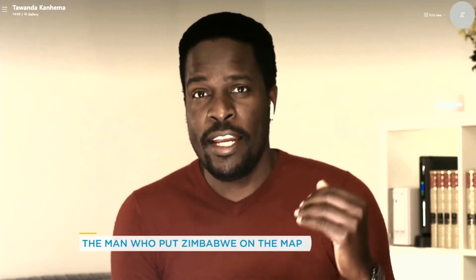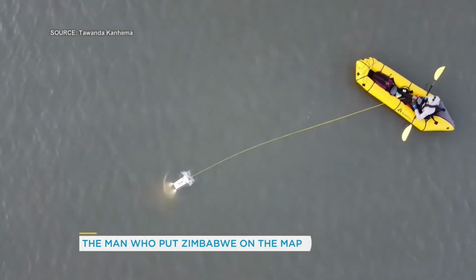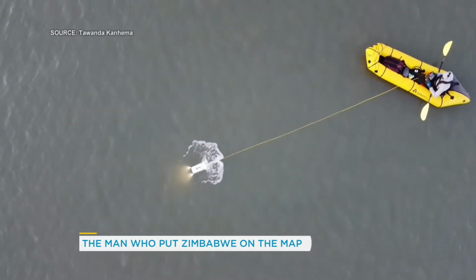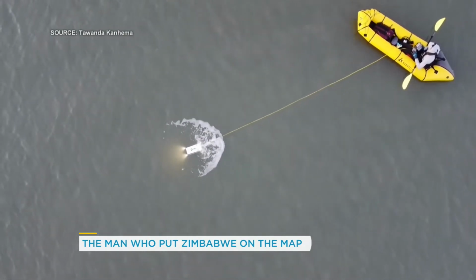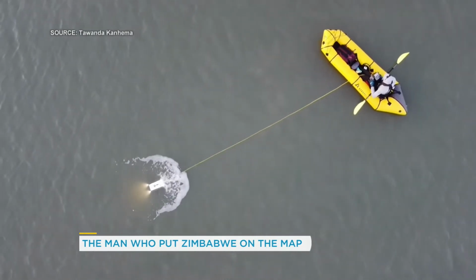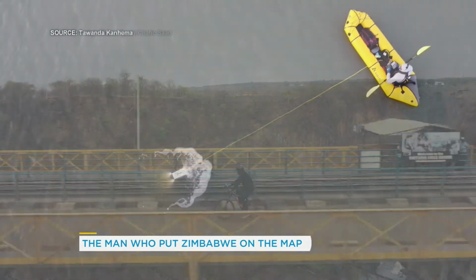I had to come up with a kit that I could use in 40 degrees in the Namib Desert, as well as in minus 40-degree weather in Northern Ontario. And so I had to figure out how to keep the camera powered. In Northern Ontario, batteries will last just a matter of minutes because of the extreme weather conditions. So figuring out a way to keep the camera going for up to 6 hours a day,